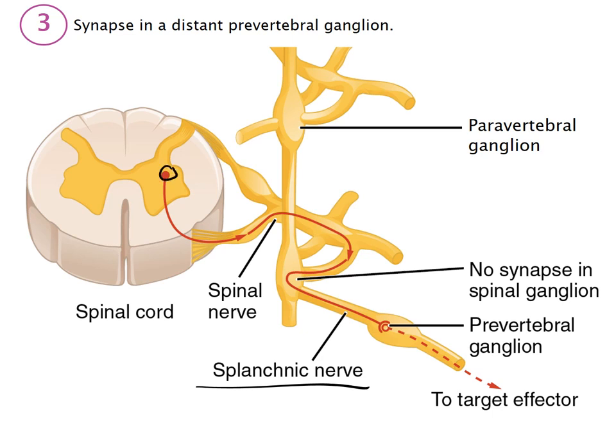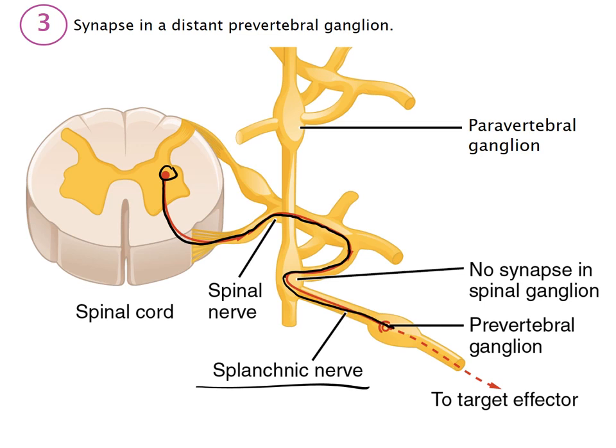Here again is the cell body of a preganglionic sympathetic fiber that is residing within the lateral horn of the spinal cord. The axon is sent out through the ventral rootlets onto the ventral root, onto the spinal nerve, onto the white rami communicans, and once inside the sympathetic chain, no synapse occurs whatsoever. Instead, the preganglionic fiber exits through the back door of the splanchnic nerve in order to make its way to